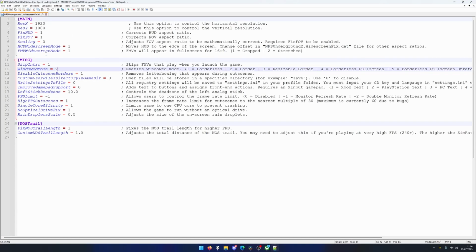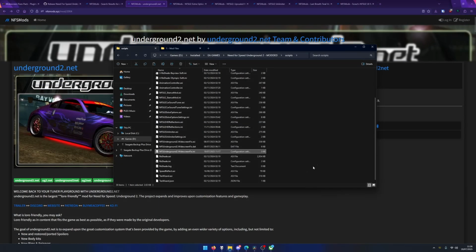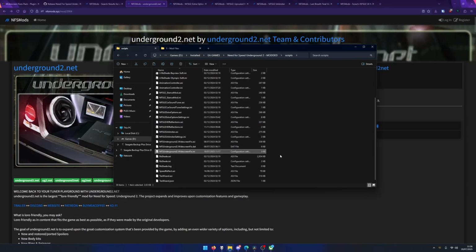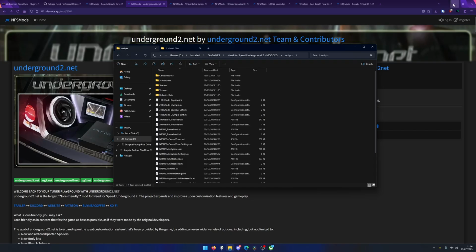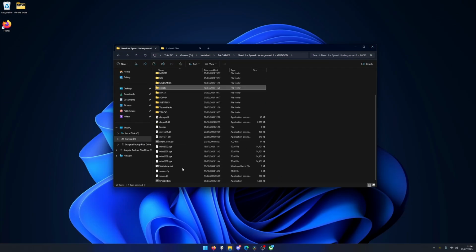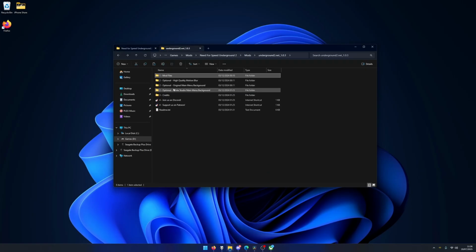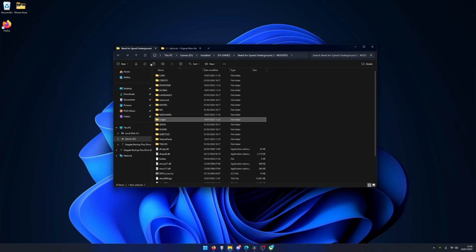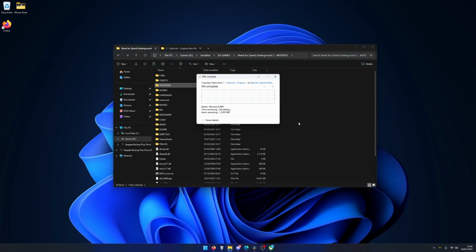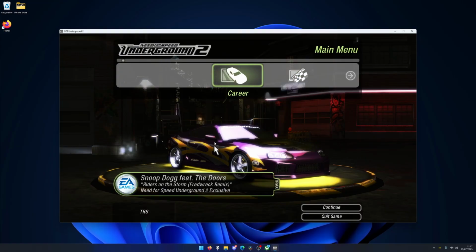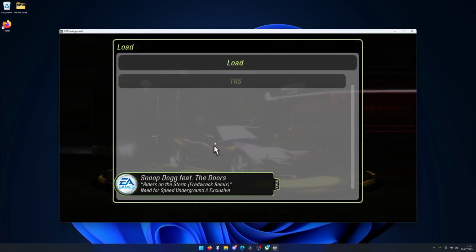1920 by 1080. All right, it seems to be what I originally had. I've left it at 1920 by 1080 window mode just so when I boot this up just now to do a bit of testing, because what you're going to see is the start menu is going to be different. I particularly don't want the start menu to be different. So original main menu background, I'm going to copy that folder, paste that in, replace. So if we go to career, load game,